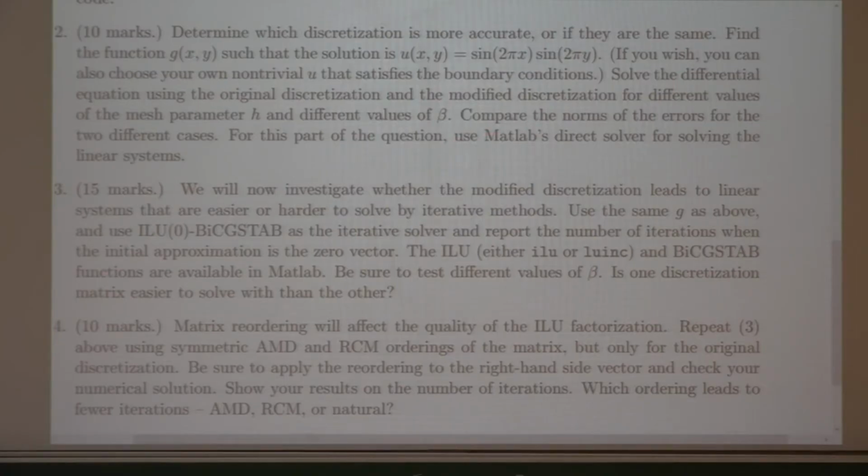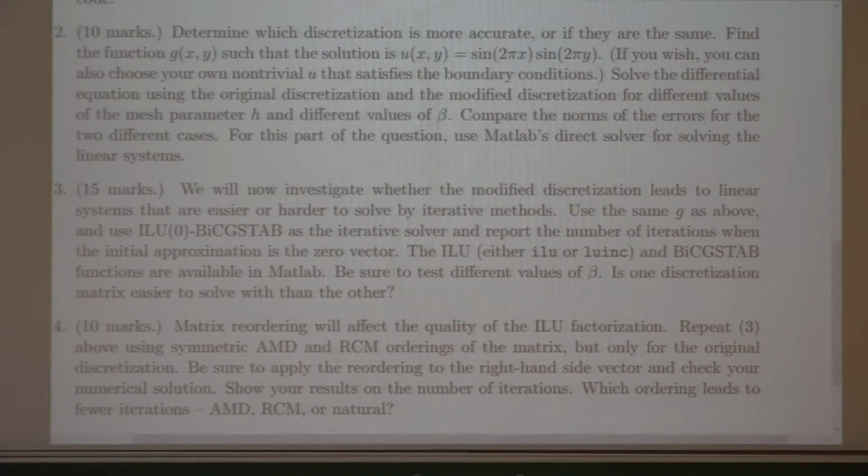So besides the accuracy, the different discretizations lead to different linear systems, different matrices, and some of these matrices could be easier to solve or harder to solve by iterative methods. Okay, so here we're going to use ILU0 and BiCGStab. So use ILU0 as a preconditioner to BiCGStab and do that in MATLAB. Okay, and then question 4